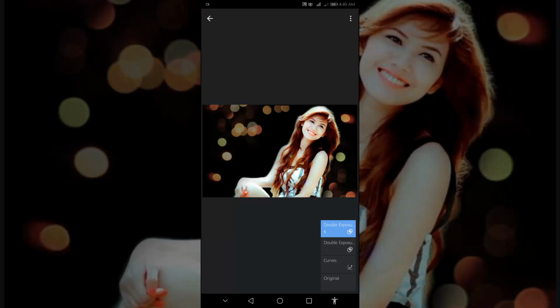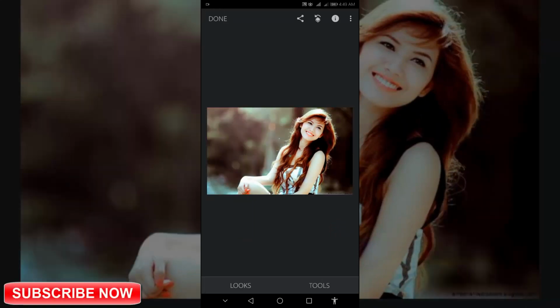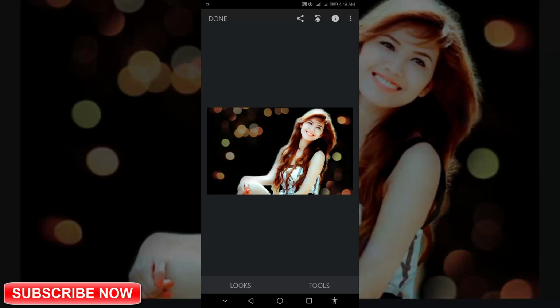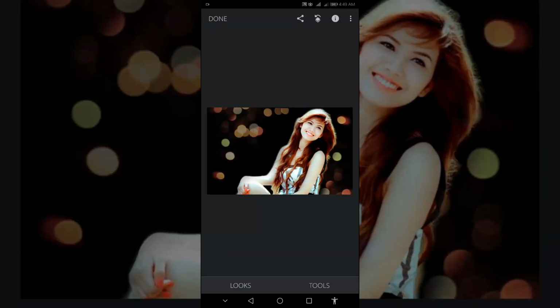Tap the back arrow to go back to the main edit screen. To check your final edit, you can tap and hold anywhere to see before edit and release your finger to see the after edit of your photo.